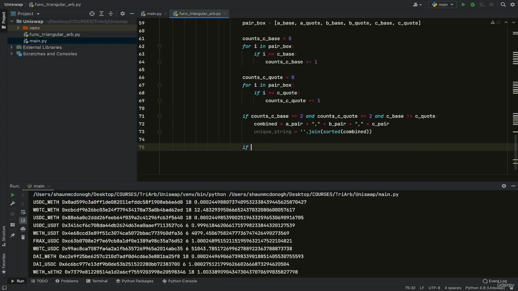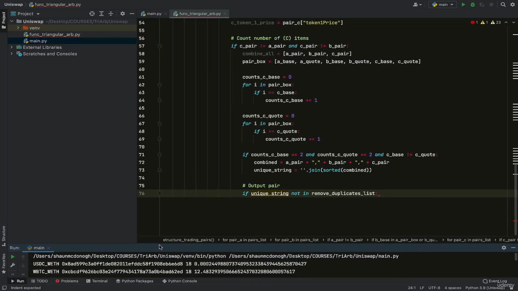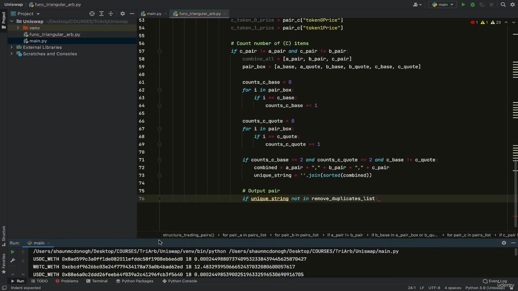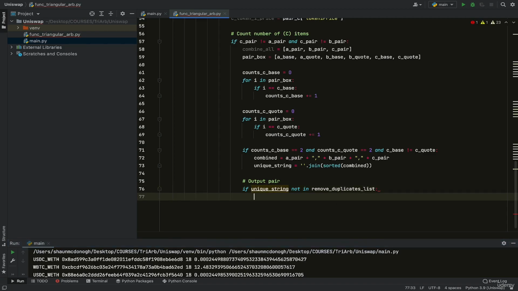So now if unique string, and this is actually here, I'm going to put, output pair. If unique string not in remove duplicates list, right? So in other words, we haven't already caught this triangular pair here. Let me just minimize this a bit here so we've got more space to work with. So if this unique string is not in this remove duplicates list, then what I want to do here is